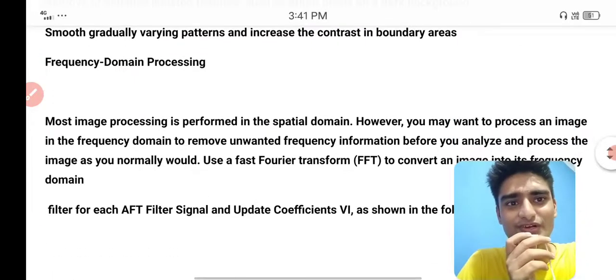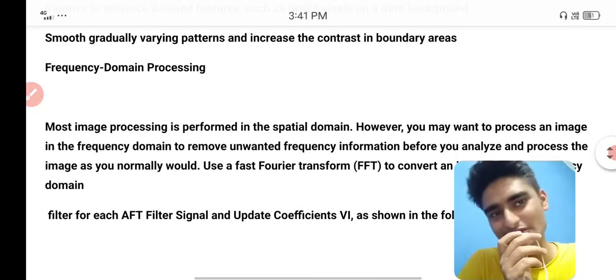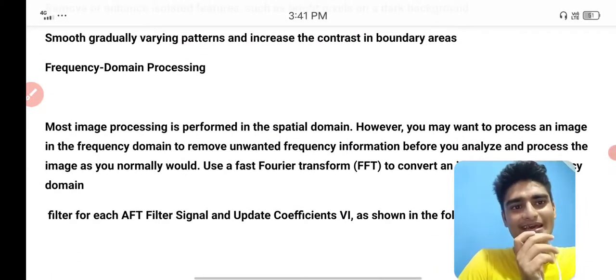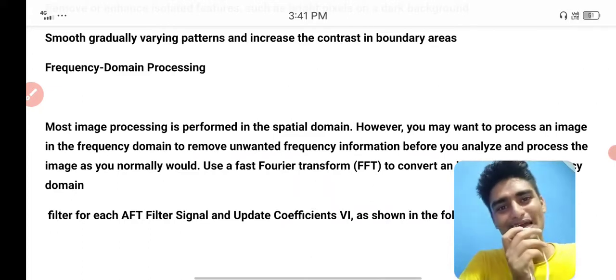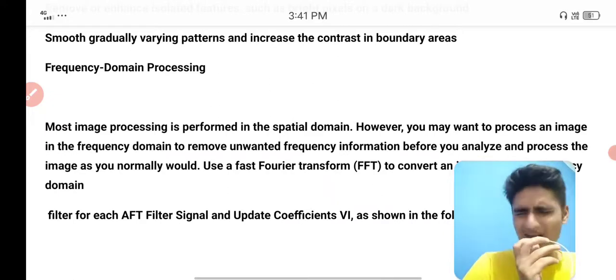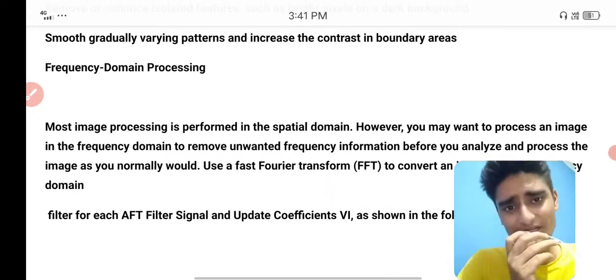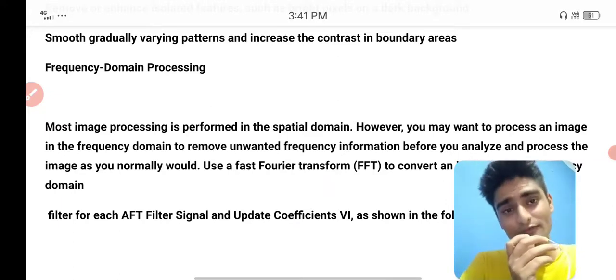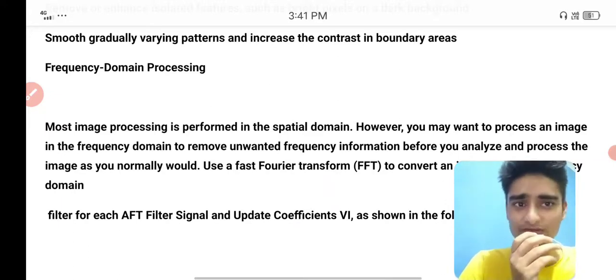When it comes to frequency domain processing in image processing, you might be confused, because we have frequency in noise or audio, but not in an image, since an image is constant. Images do not have any kind of frequency, but if you want, you can use the fast Fourier transform.